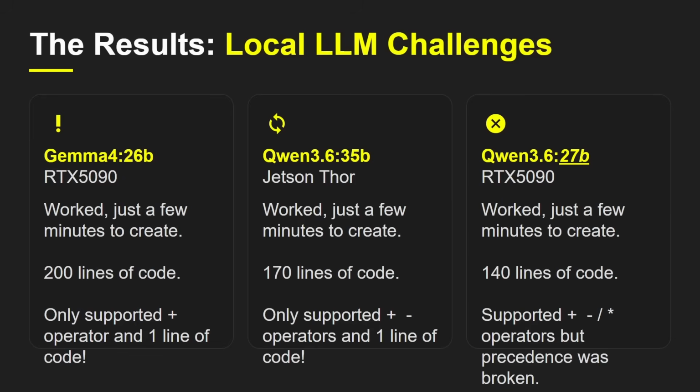Well, they all did work, so that's good. You got something out, and they only took a few minutes. So in 5-6 minutes, you would get some code out of it. You were looking at between about 140 and 200 lines of code. And for example, the Gemma just came up